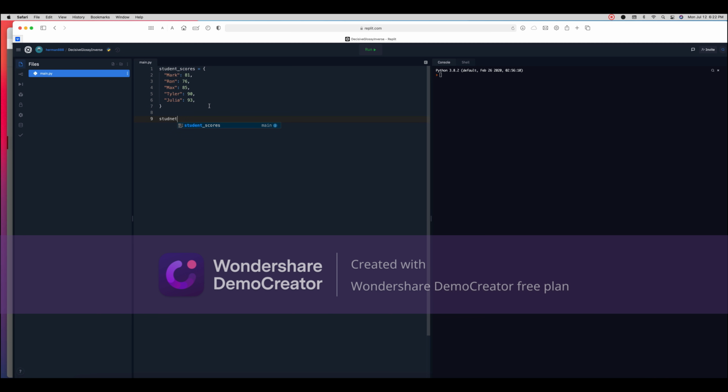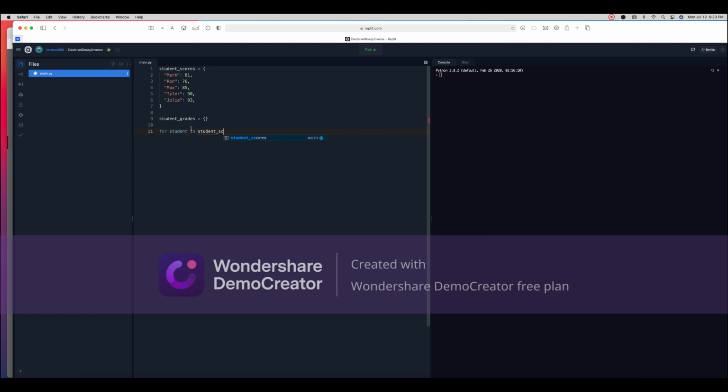Okay, so now we're just going to write student_grades. Okay, so what this is: student_grades is equal to what is stored inside of these curly brackets. So what's stored in here is what's in here. So student_grades is equal to these brackets. Okay, so for student, because we want to do one single student in all of these, in student_grades,